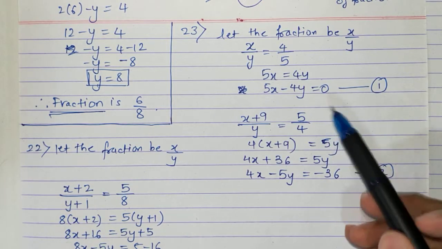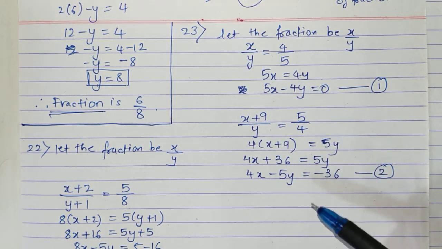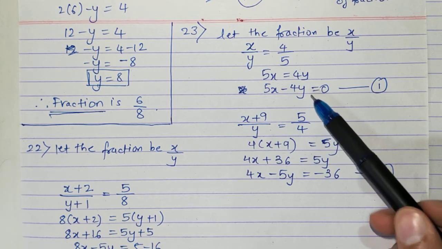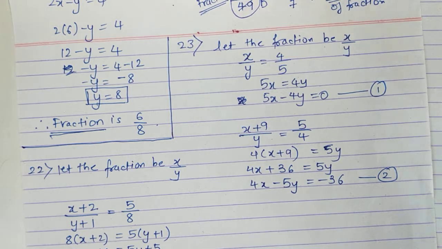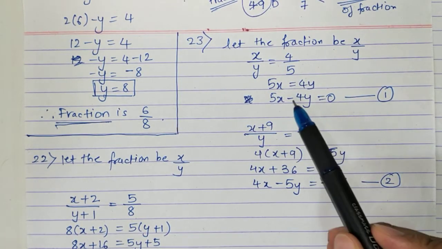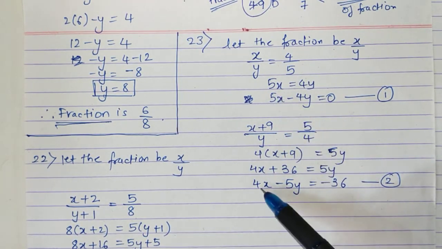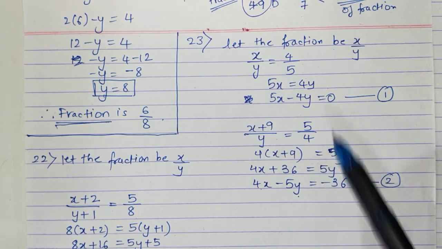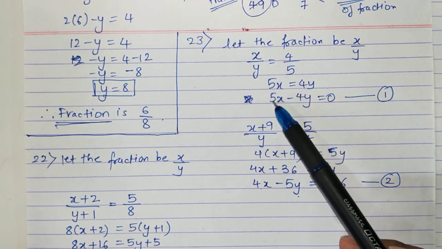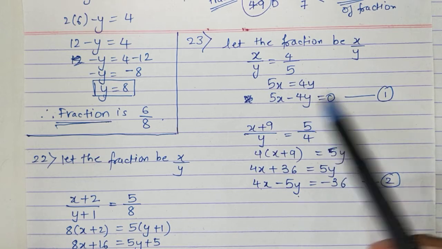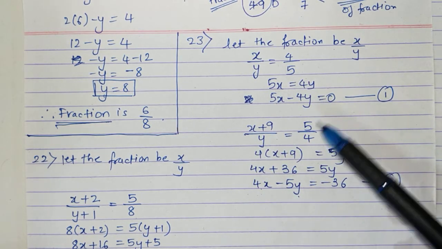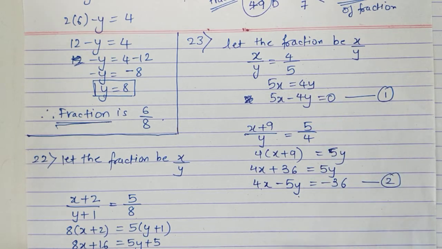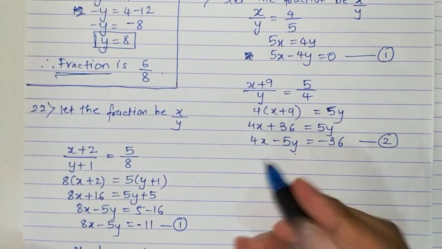Now we have to solve this. How to do it? See, there are two ways to solve this question. See here, we can equate x or y, or you can also solve it using another method. See, this is 5x, this is 5y, this is 4y, 4x. Alternate x and y same है, तो ये सम कैसे करते हैं? Add the equations once and then subtract the equation once. ठीक है, सो मैं उस मेथड से आपको करके बताता हूँ.